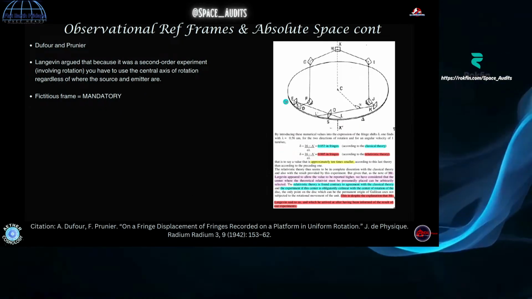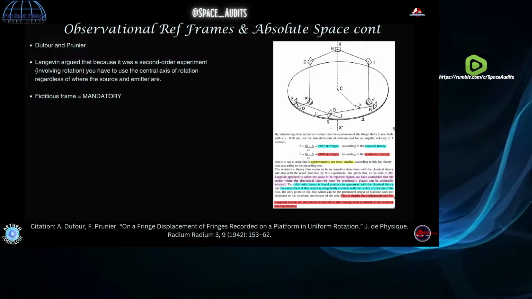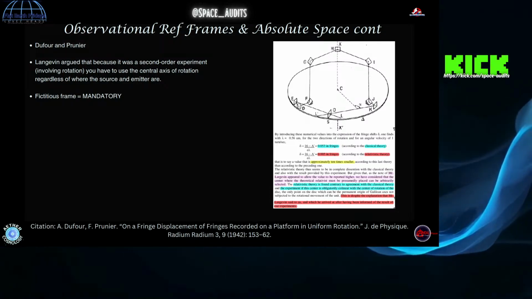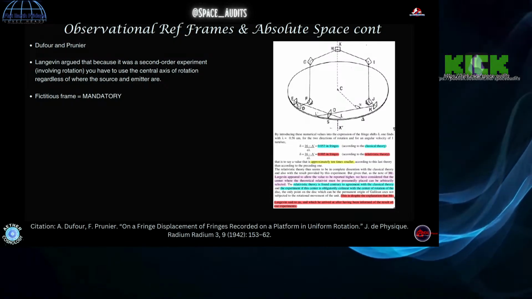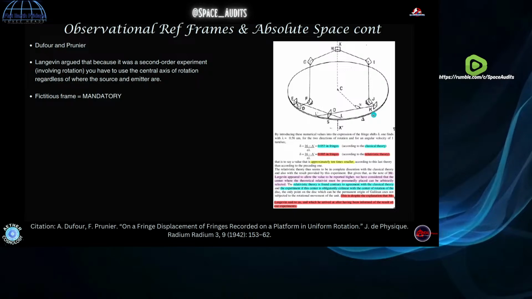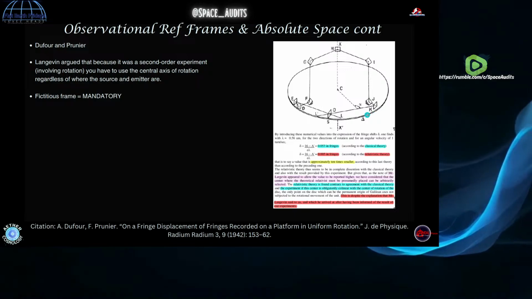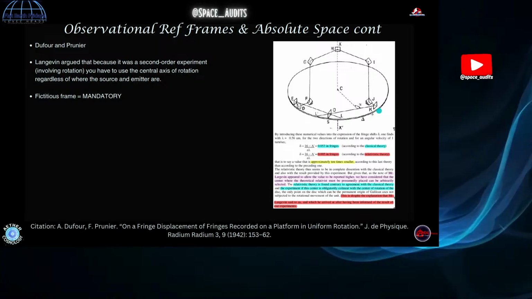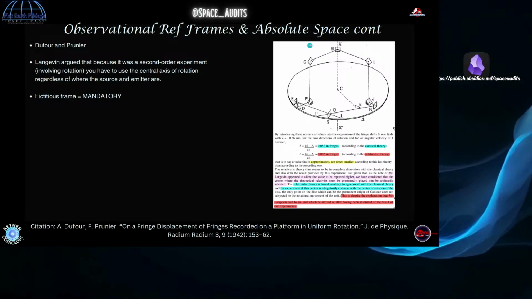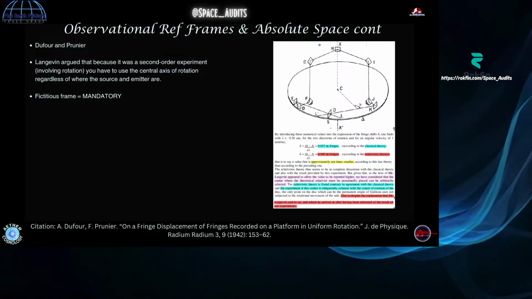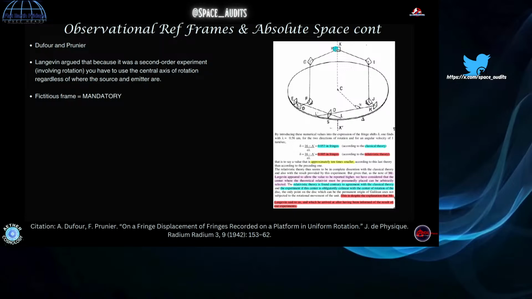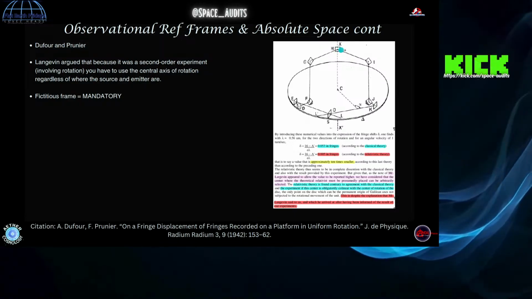So a configuration is given here in 1942, where the source emitter and the recorder are fixed to the lab wall. There's also a configuration where they had a second recorder fixed to the apparatus as well, but we won't cover that for now. We'll just stick to the initial configuration. So what they have here is a laser beam emitter and a photographic recorder fixed to the lab wall, and it's shooting a laser beam to a beam splitter that's fixed to a stationary disc up here.